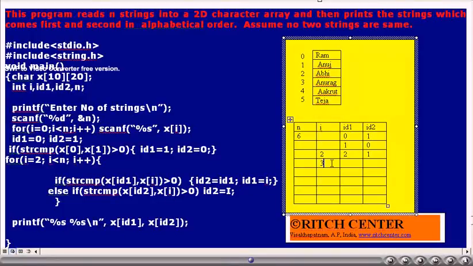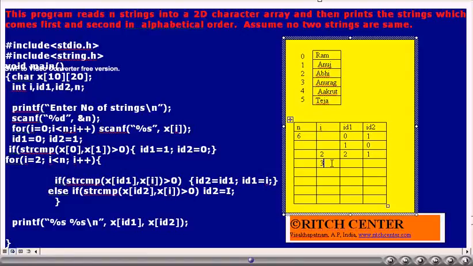I value is 3. X of I, that is Anurag, is compared with X of id1, that is Abhi. Does Anurag come first compared to Abhi? No. Then it will be compared with X of id2, that is Anuj.